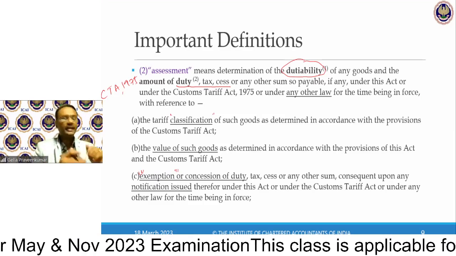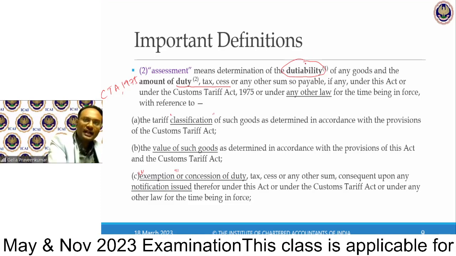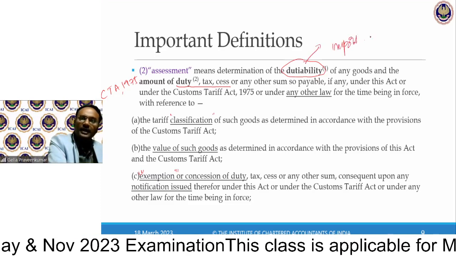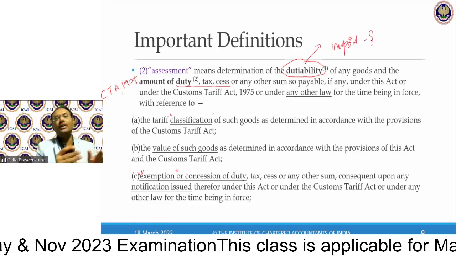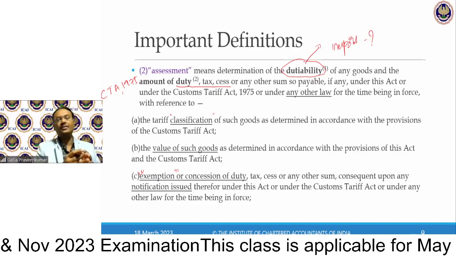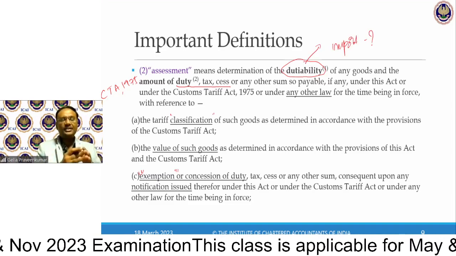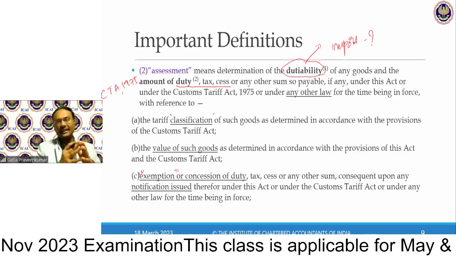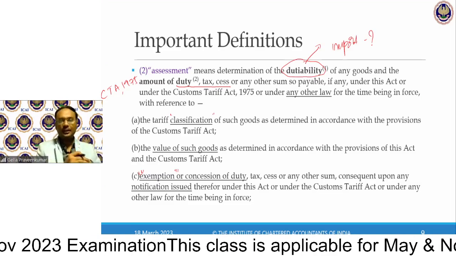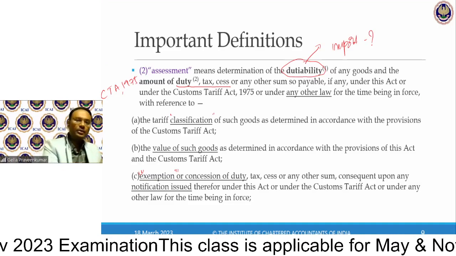If the goods are not meant for import, why should I pay customs duty? Not just because the goods have landed up in Indian customs water or in the customs station does it mean that duty gets attracted. So here I have to ascertain whether these goods are dutiable